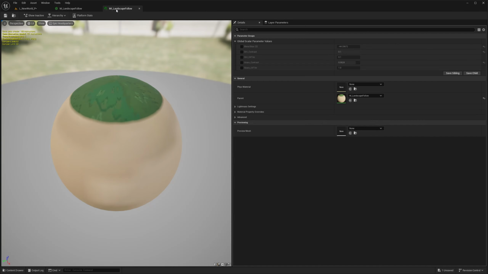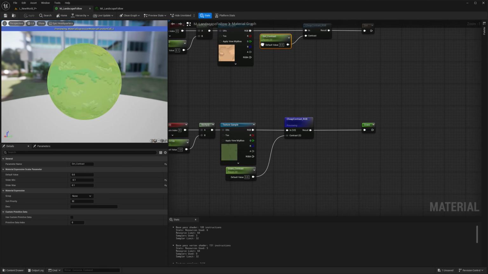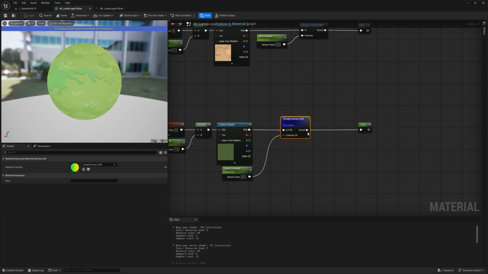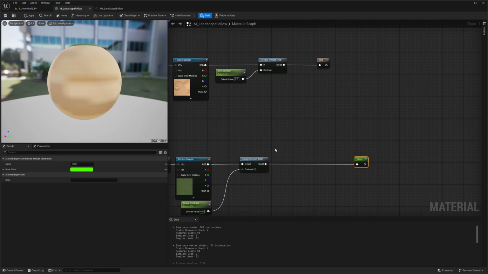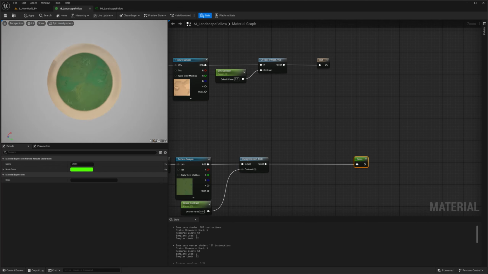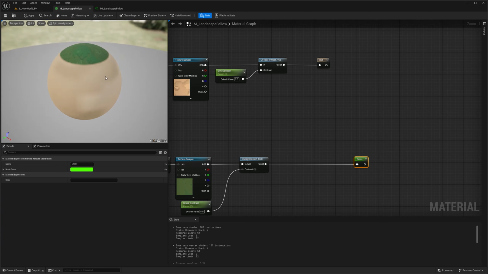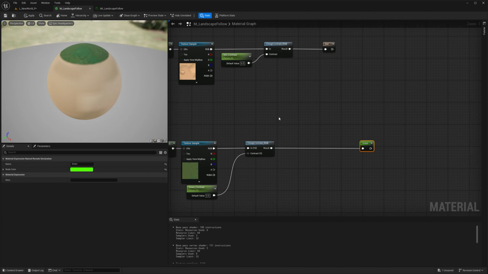So what else can we add to this material? Maybe I'm going to right click, stop preview node, so I can see the material again. Maybe this is an alien planet and you want to change the color of the grass. Like if you're playing Dragon Ball, the map is all blue grass, maybe you want to do that. So how can we do it? There's several ways to do it. The easiest is to right click and look for something called hue shift.